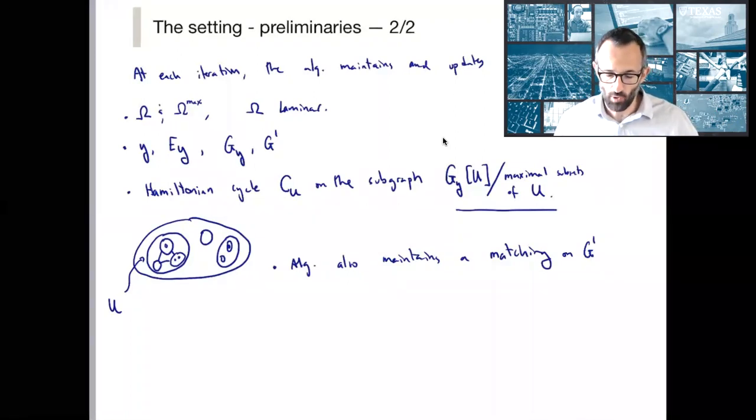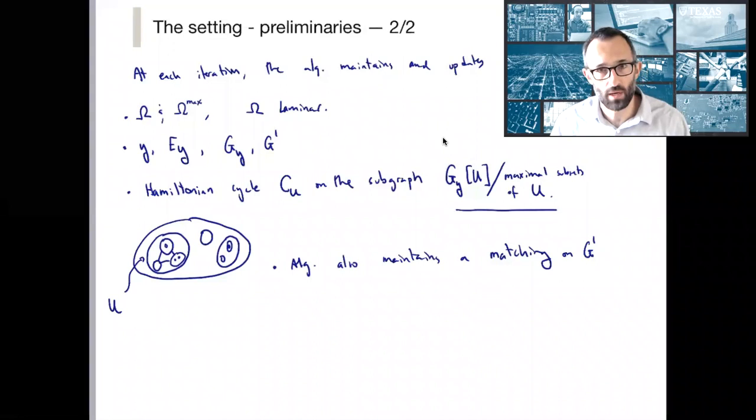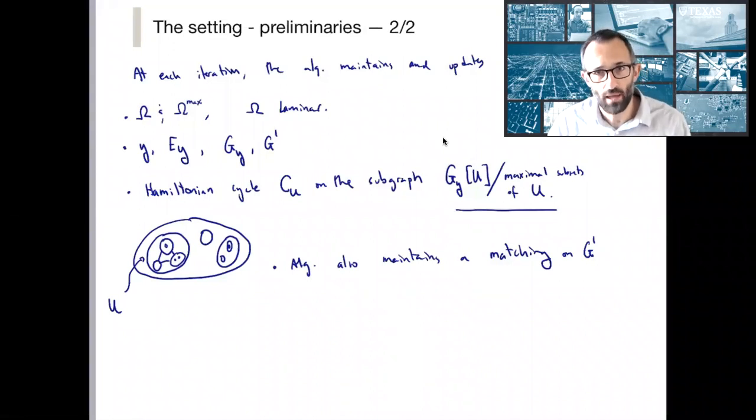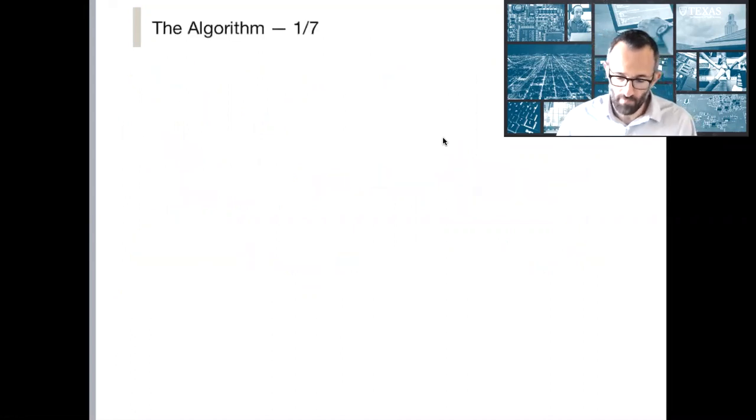Okay, so these are all of the things that we need to now keep in mind. y, gy, g dash, omega max, and also just know that we're maintaining the CU. And now what we should be interested in is, how does our algorithm do all of this? How does it guarantee that it can do all of this, maintaining laminarity of omega and so on? Okay, so here we go. The algorithm is as follows. We initialize